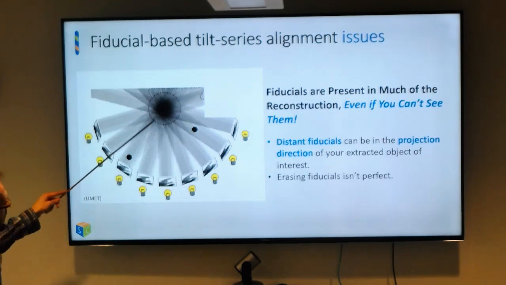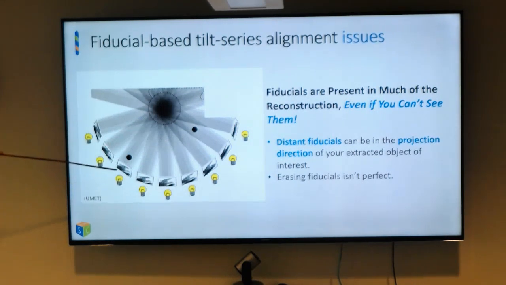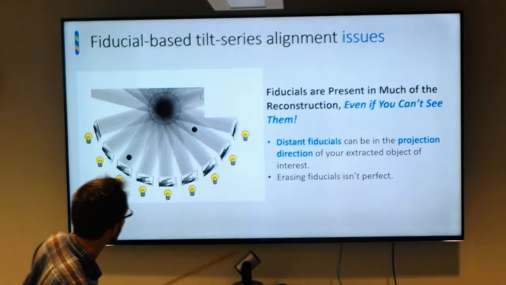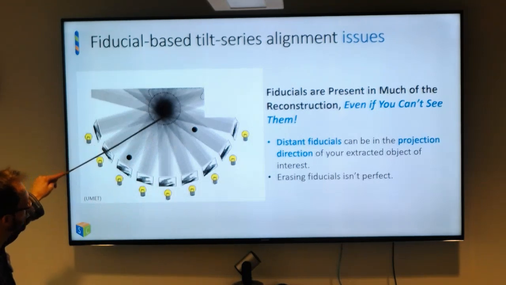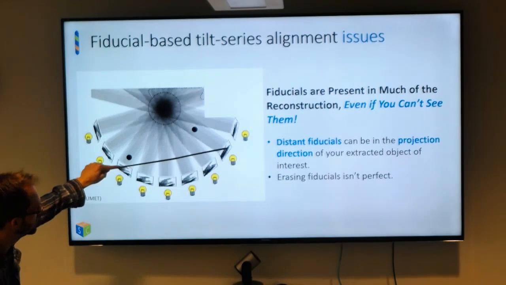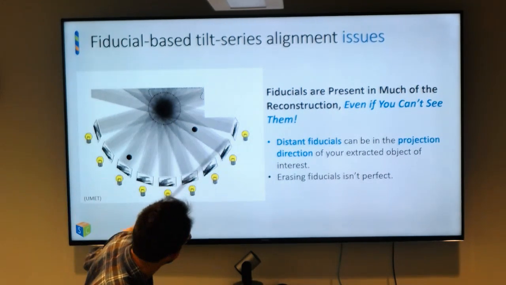And even if your gold beads are far away from your object of interest, they're still in the projection of some of your images, so that shows up in your Fourier space. And sometimes actually in your real space, if you don't have a perfect alignment of these images, then you'll see streaks, because this image is slightly misaligned and it will be streaked across your